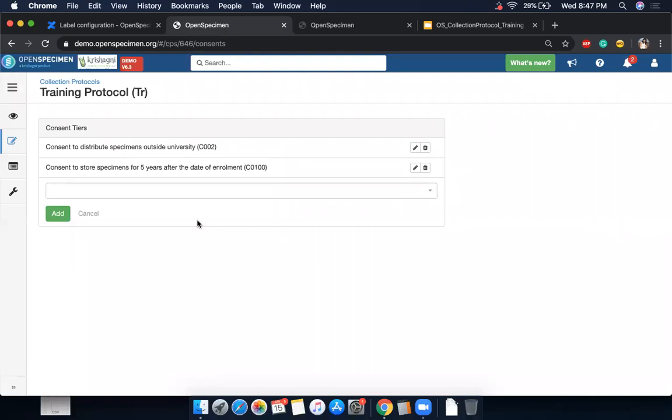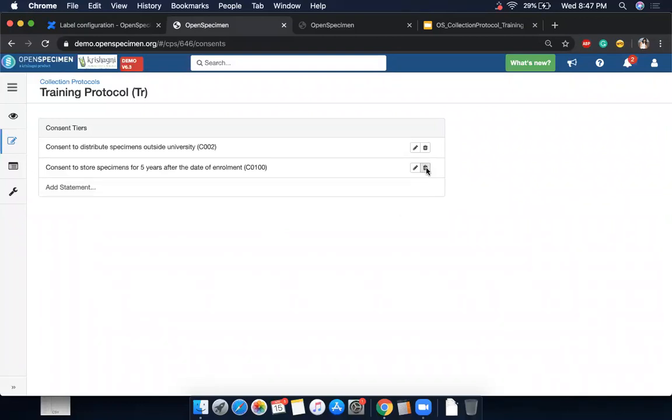For example, give me all specimens of patients who have said yes to this consent. These kinds of things you'll be able to do if you track. Of course, this is an optional feature. If you don't want to track consents in OpenSpecimen because you're doing it elsewhere, then you don't need to set this up in your protocol. So that is the option here.